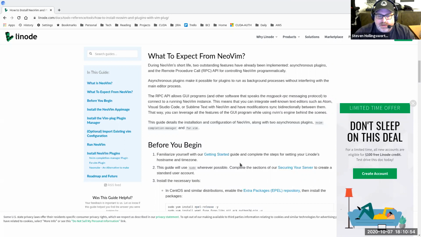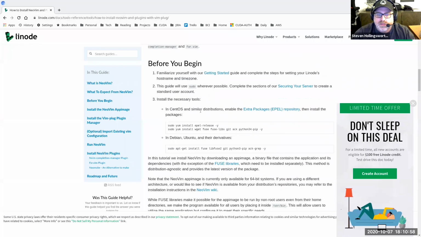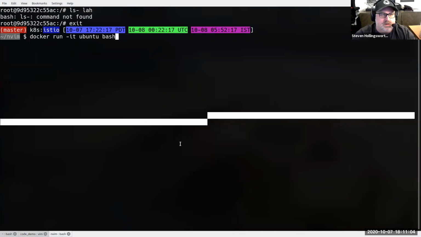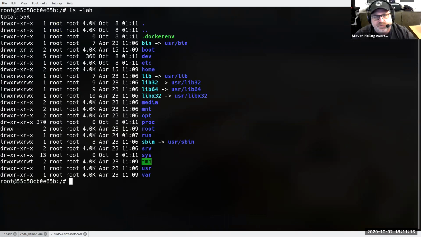So let's just go ahead and get started by installing the NeoVim with that link that I showed you. We'll just do it interactively here. So I'm going to run an Ubuntu Docker container. As soon as I exit, it'll destroy itself. So obviously none of these things will persist, but this will be good from a demo perspective so you can see what it looks like